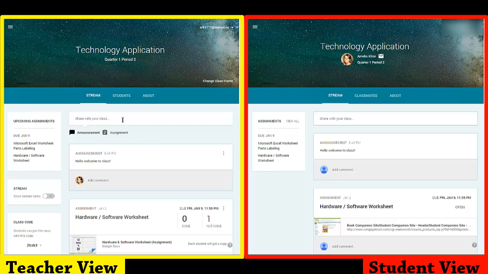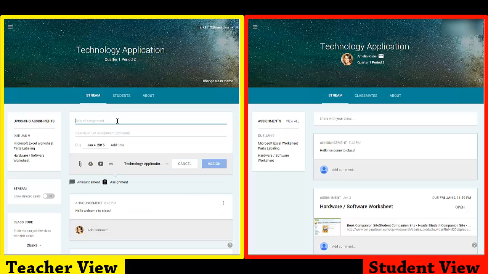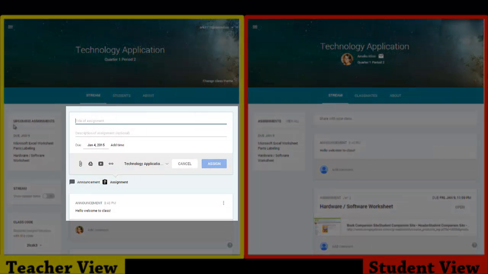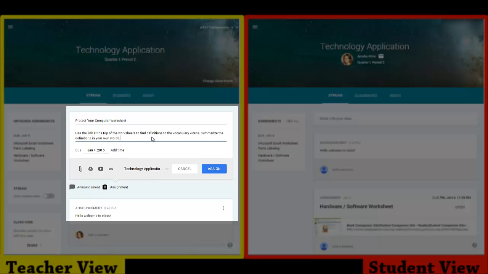If I create an assignment on the teacher's end, I'll first name my assignment, and then I can write a brief description of the assignment. Next, I'll set my due date, and I'll leave the time as it is. I'm going to attach a worksheet from my Google Drive, so I click the Google Drive icon on the assignment menu,